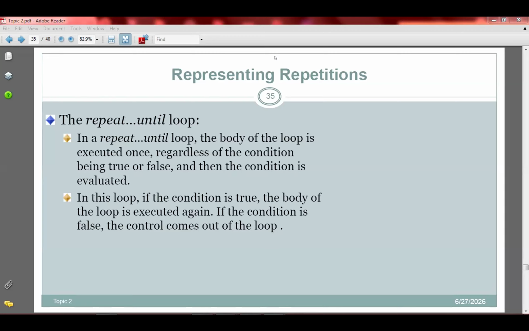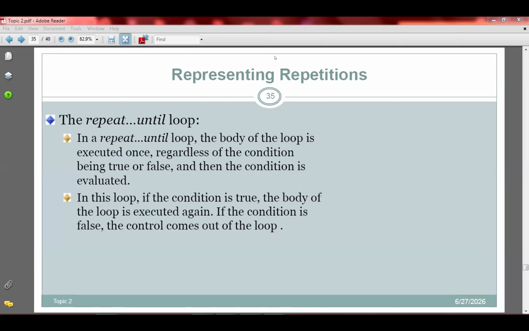So when we come to the looping construct, we have the while do, and then we have the do while. Another name for the do while is the repeat until. The difference is that with the while do, or what we normally call the while loop, you need to evaluate the condition first. If the condition is true, you perform the action and go back and evaluate. But with the do while, you do the action first, and then you evaluate.